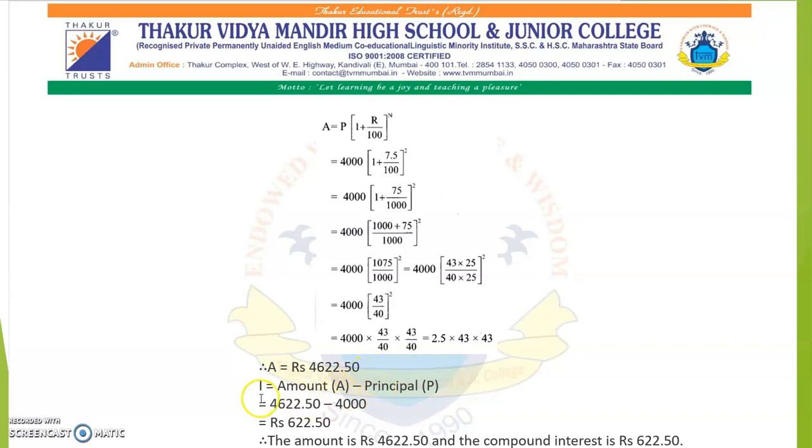4622.50. We substitute the values in the compound interest formula: amount minus principal equal to 4622.50 minus 4000 equal to rupees 622.50. Therefore, the amount is 4622.50 and the compound interest is